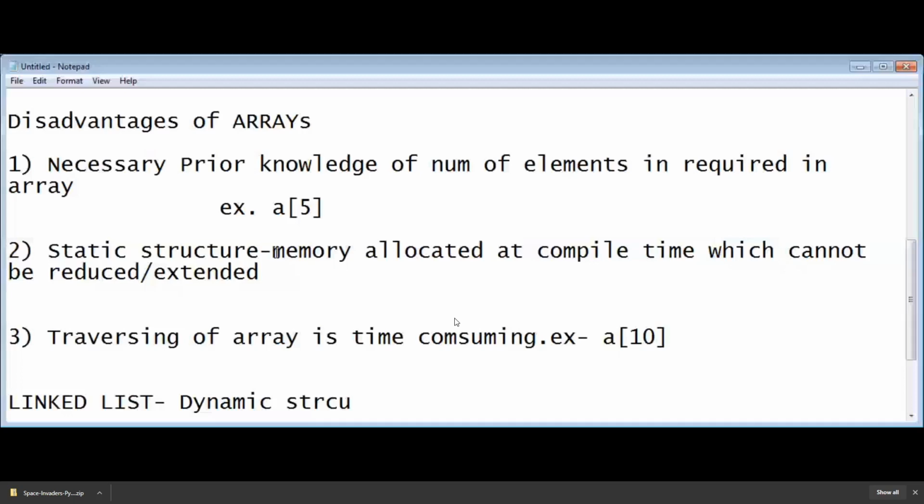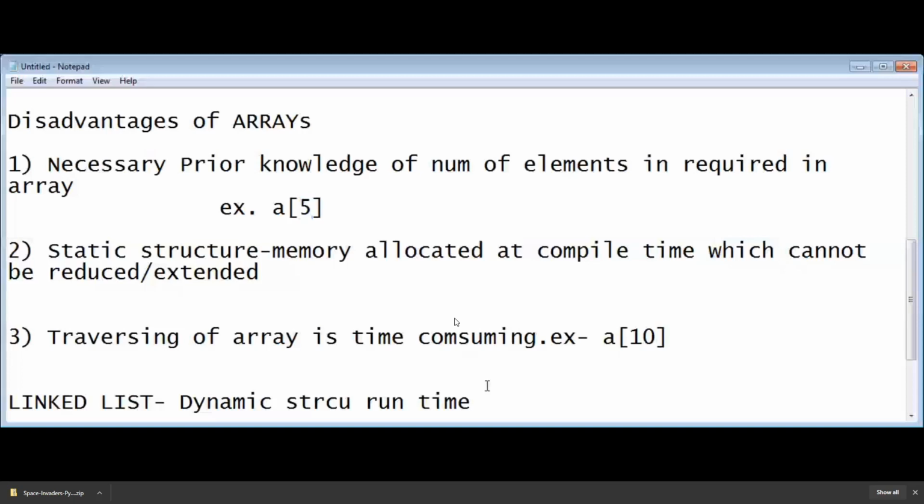So the disadvantages will be overcome in the linked list. Traversing is time consuming in an array. As you are not considering this as a sequential or bounded number of elements like 5, you can have a linked list with any number of extensions at runtime also. So you can create these things at runtime.